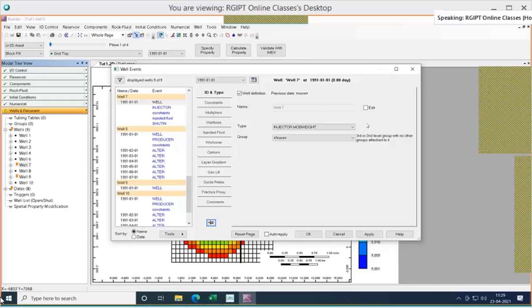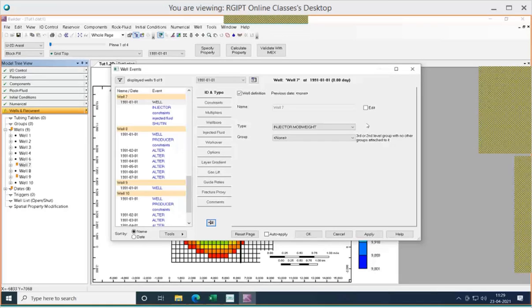Injector mob weight means the injector is supposed to inject into the grid blocks which will be having connate water. The calculations will be based on the total mobility. That means we will be considering lambda O plus lambda W, where lambda is mobility, and the injection will happen only in the blocks containing connate water saturation.